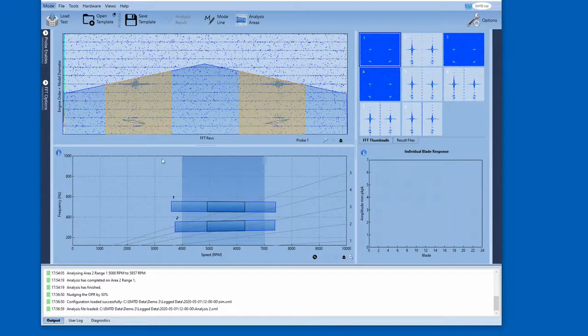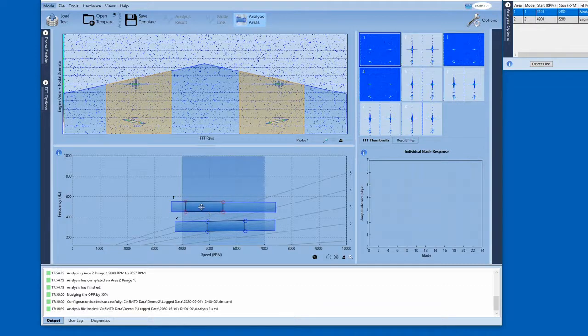When I did this yesterday, it just so happens that these were coincident. Now, if they're not coincident, it's perfectly fine to do that and offset them, and it will know, as I've just shown you on the other analysis, that if there's no contribution from this, it won't matter, but if there is a contribution, it will take it into account. So you can have them offset, you can have one overlapping the other, and vice versa,